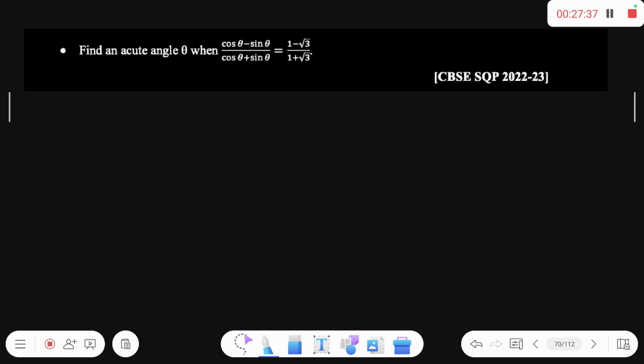Next is find the acute angle theta when (cos theta minus sin theta) upon (cos theta plus sin theta) is this. You can solve such problems with the help of rationalization, and on rationalization you will get cos theta minus sin theta whole square is equal to cos square theta minus sin square theta, and you will get the values like